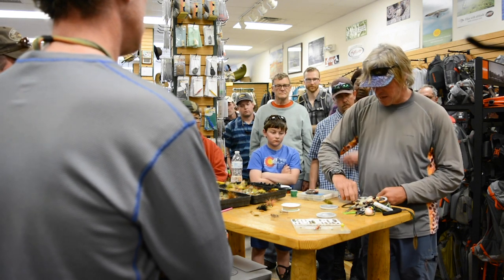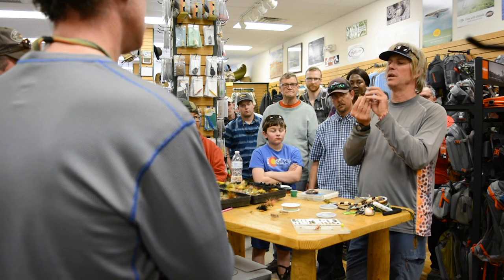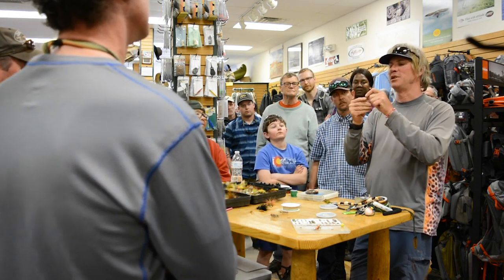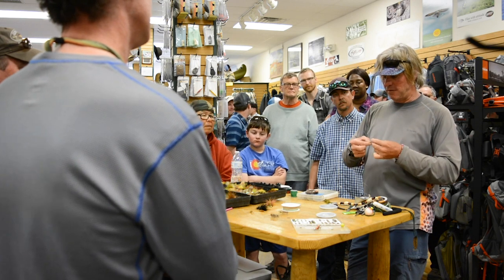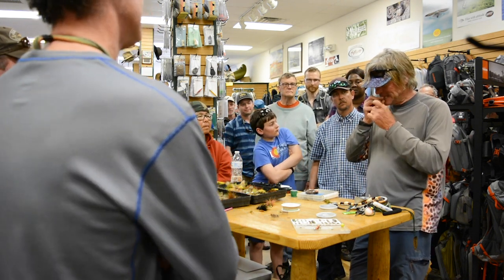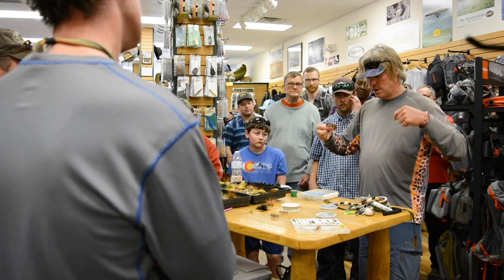So with this stonefly here, I'll usually, oh God, I can't see with the crap in here. There we go. Something over lots of guiding you get used to doing, muscle memory. Where's the eye? With these bigger flies like this, the stonefly is pretty big. Now, that's a big fly too, so you'll take another piece of tippet here, and we will